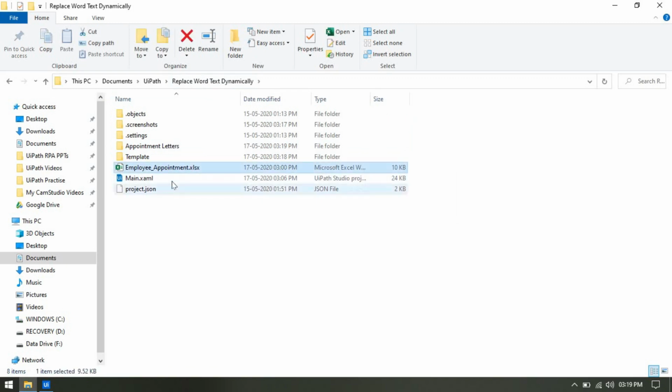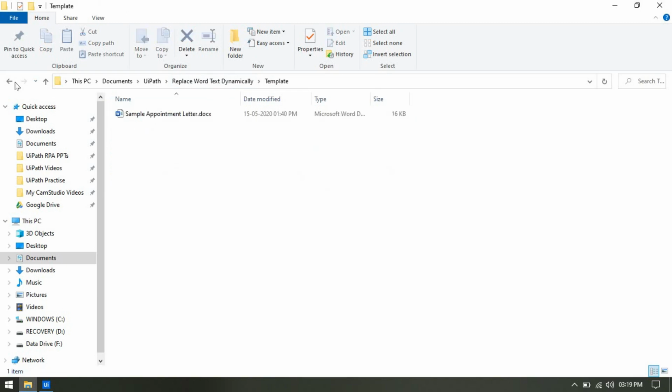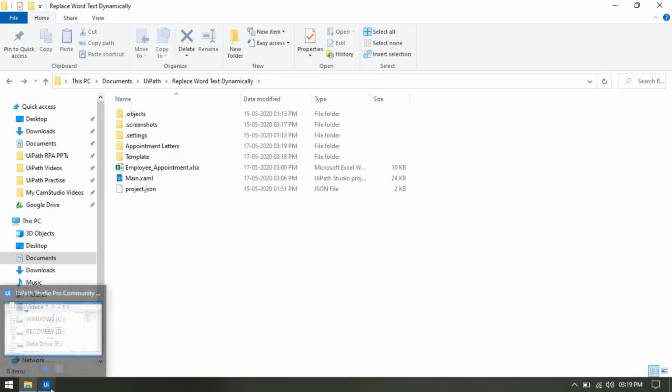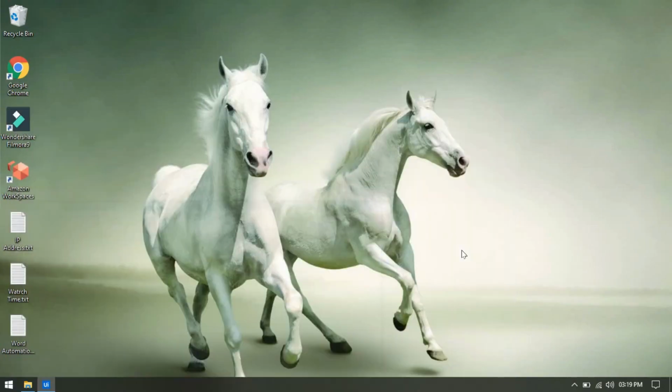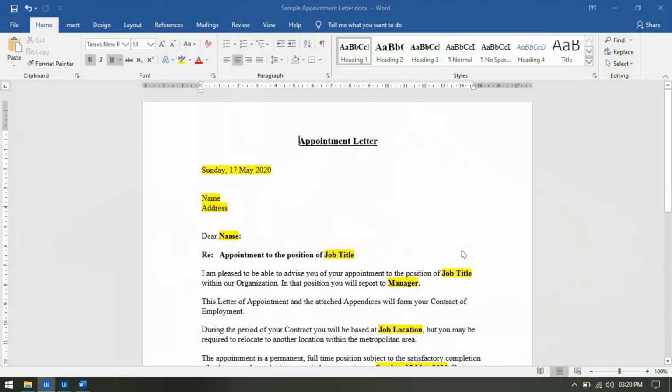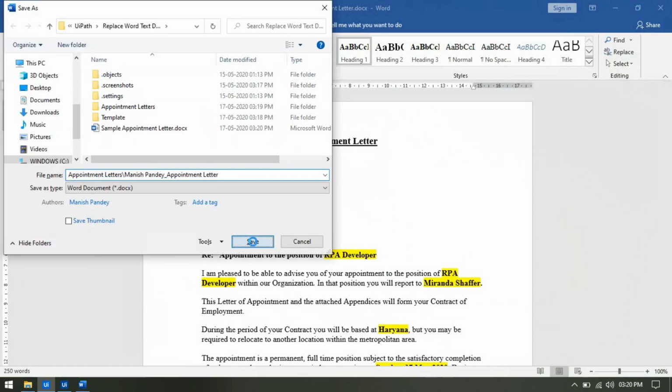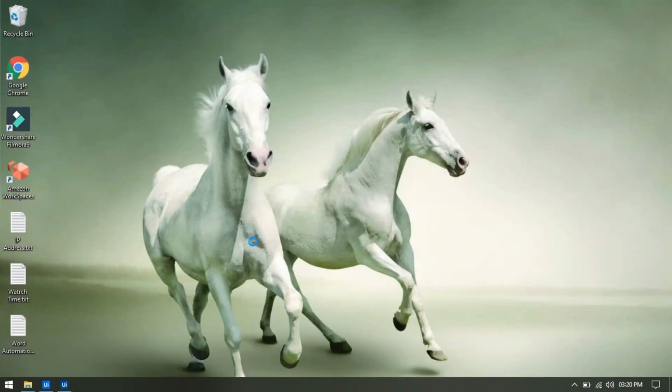So we have these 5 records, and we have this template. Let me open this, and I'm going to just run this here. You can see how it is working. Let me run this with Ctrl+F5. You will see it will open that Word document, which is the template, and then one by one it will start updating the details here. You can see it's updating the job location, manager name, and all these details, and then it's going to save with a different name,